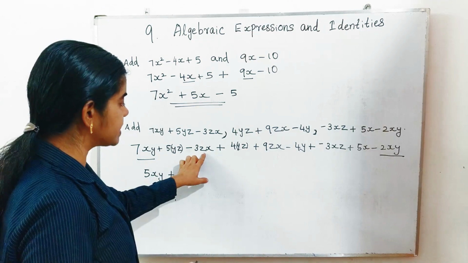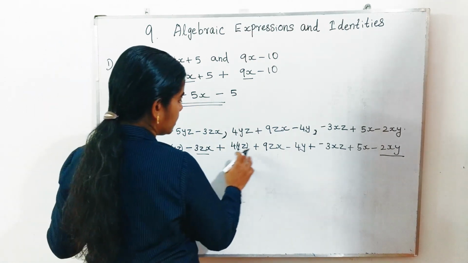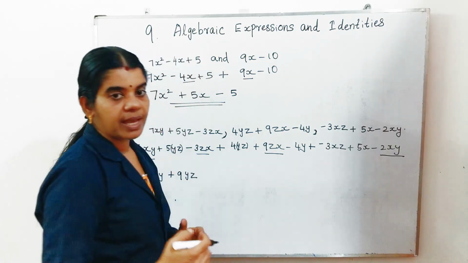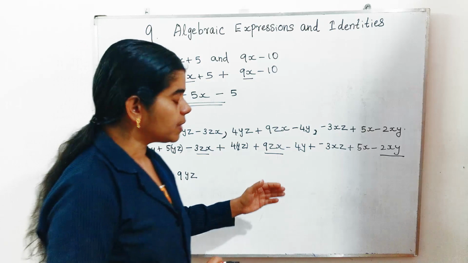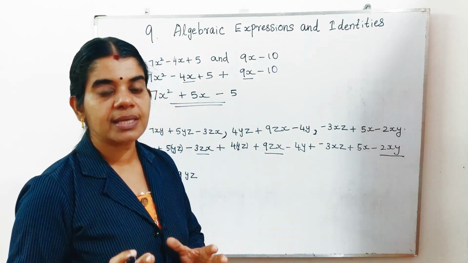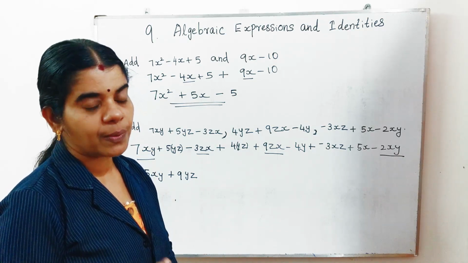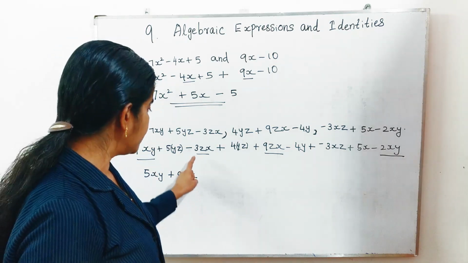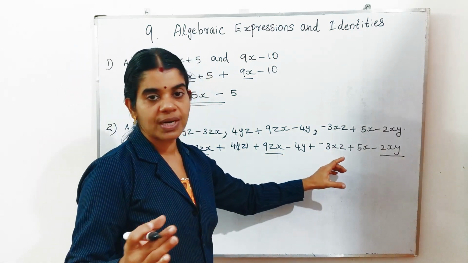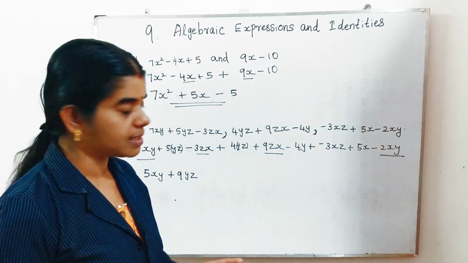Next I am looking at zx. Here one zx is there, here also one more zx. xz and zx are the same because a into b is the same as b into a. In the case of multiplication, you already studied the commutative law, a into b equal to b into a. So here only the place of z and x changed; x into z and z into x both give the same answer.